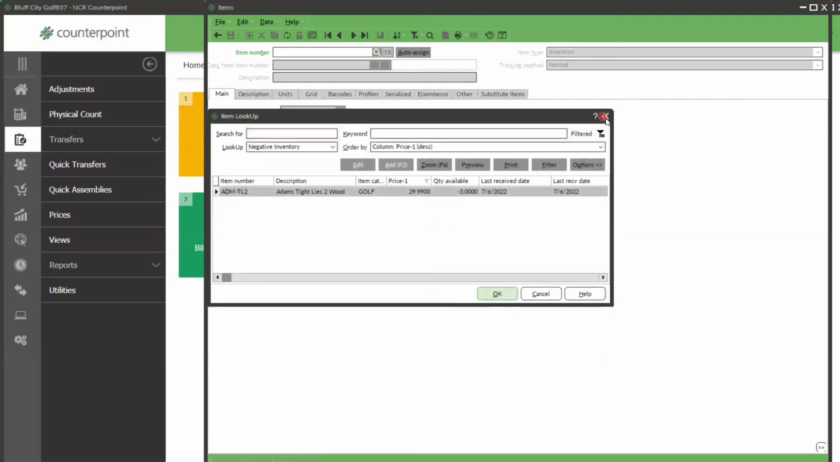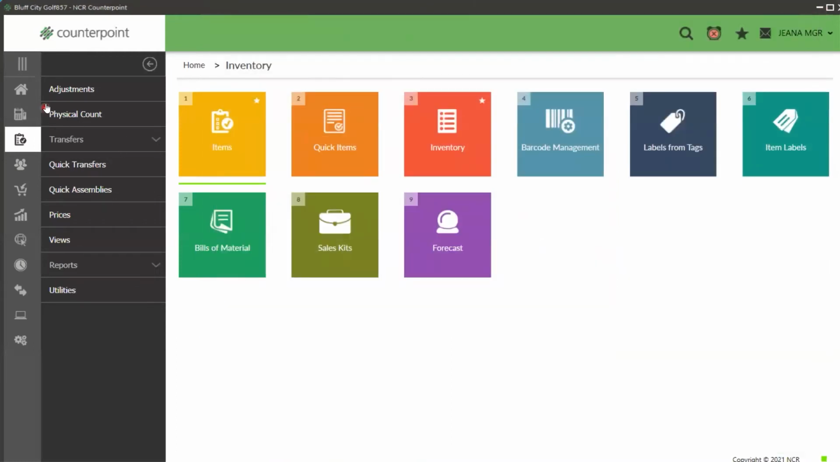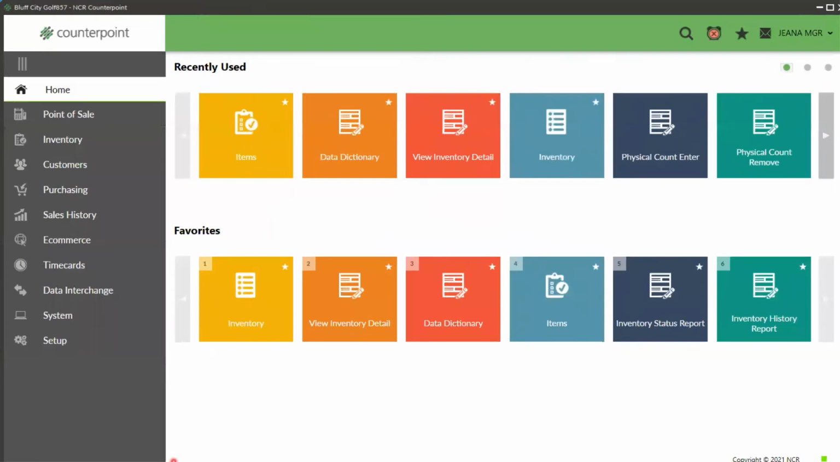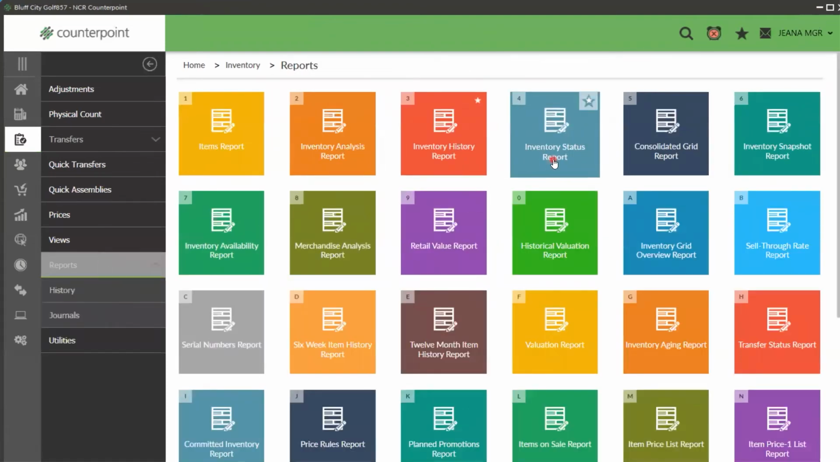So that's the data dictionary. Pretty easy and fantastic results. Let's talk about some reports next. So there's an inventory status report, and it can be run a couple of different ways. So if you go to inventory and down here to reports, and you come here to the inventory status report,